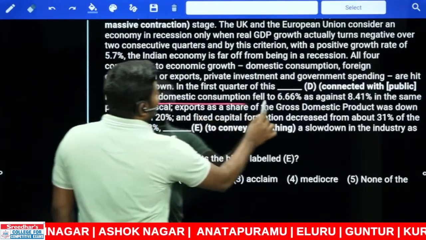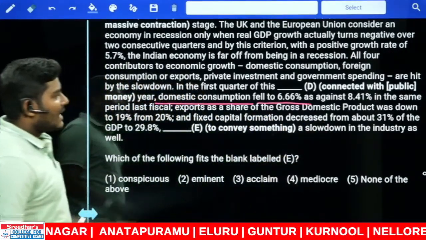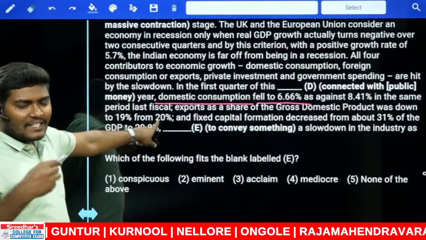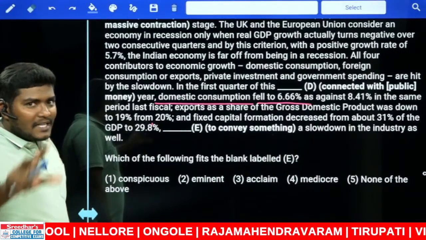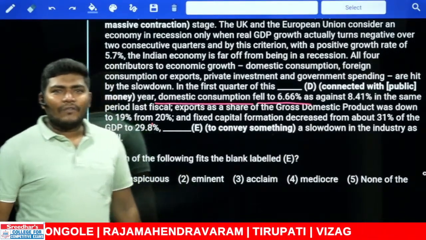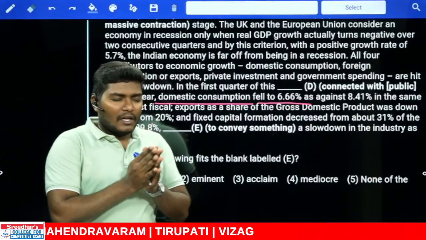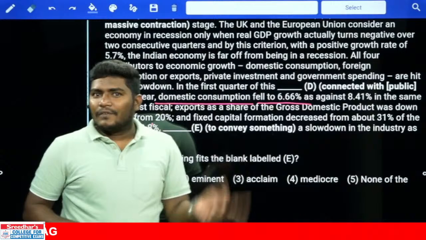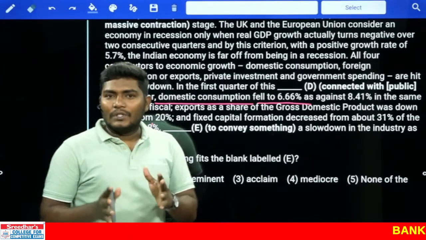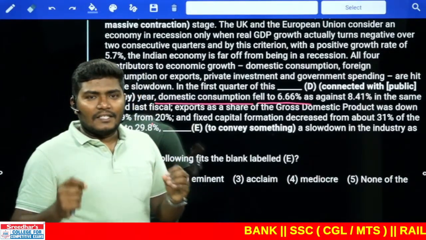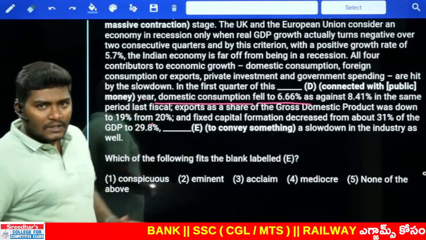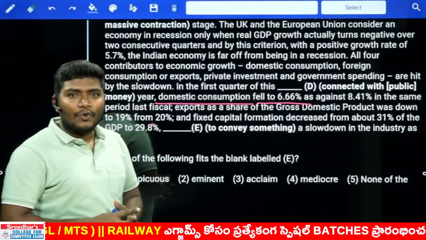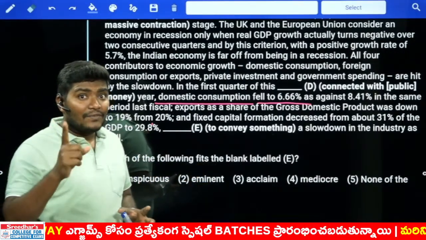Look at this. Domestic consumption fell to 6.66 as against 8.44 in the same period last fiscal. Have you got one more substance here? That's how we get the answers perfectly. Basically, when we answer in English, we don't have a lot of confidence. After answering something, we feel, am I answering correctly or not? When you go to the third question, you feel, did I answer the first question properly or not? This is where the close test gives you crystal clear clarity. It tells you, my dear student, the answer you mentioned previously was absolutely correct. That gives you complete confidence. That doesn't happen with fillers. That is the difference between fillers and close test.